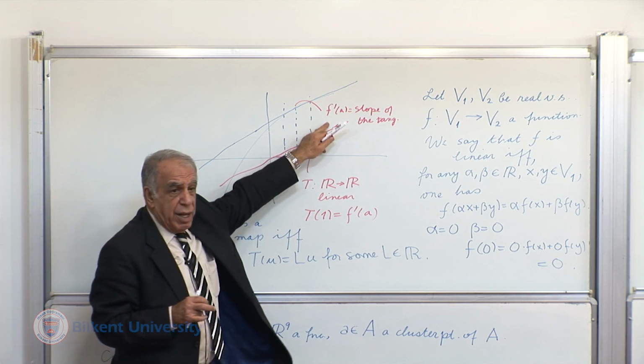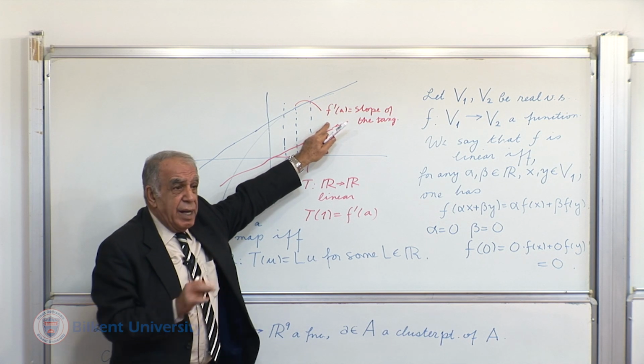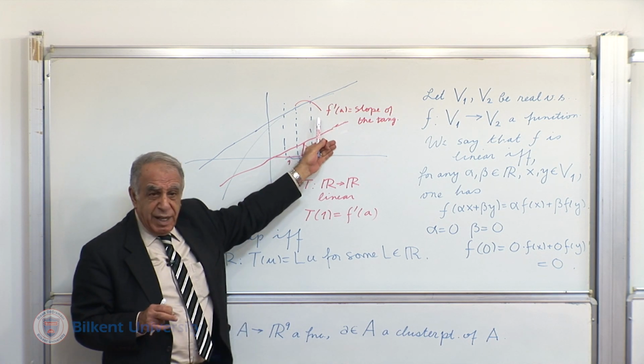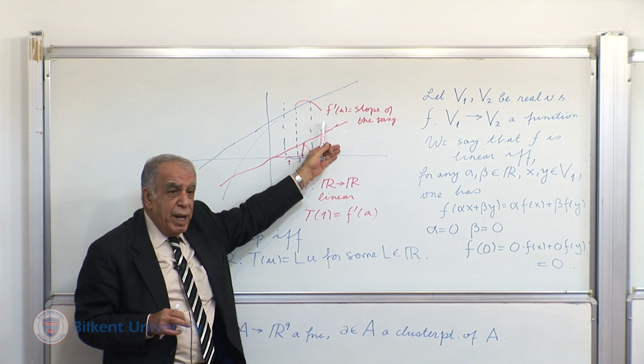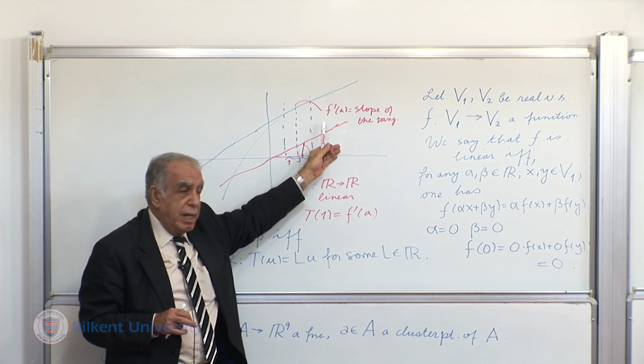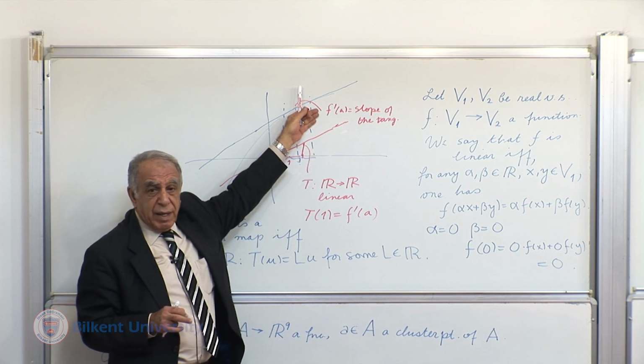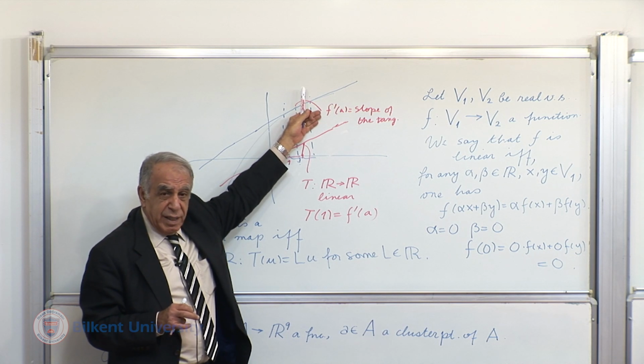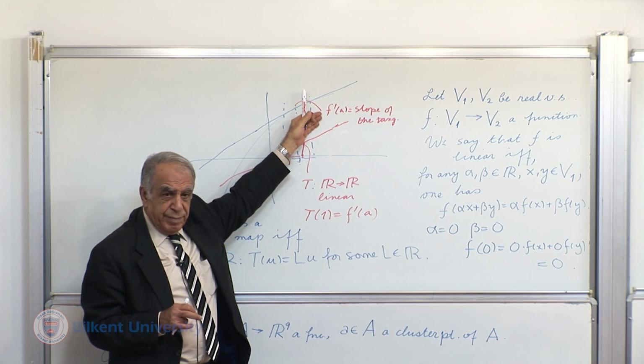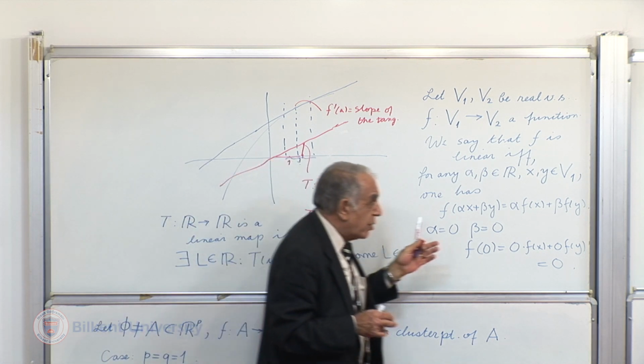But this single real number entirely determines what this linear map is. And when this linear map is given, we can discover back, in a unique way, what this single number is. Well, so far,